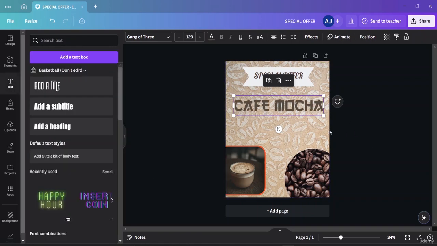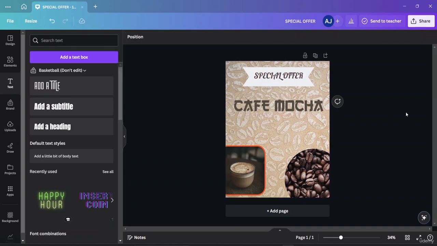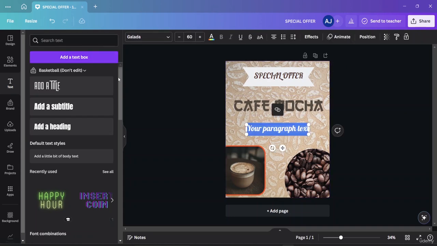Okay, and now I will be putting out the buy one and get one. So here I'll be putting buy one and get one. For that I need another text box here, and I'll write buy one get one free. Okay, so I have posted this as well. I will just move this one somewhere here,